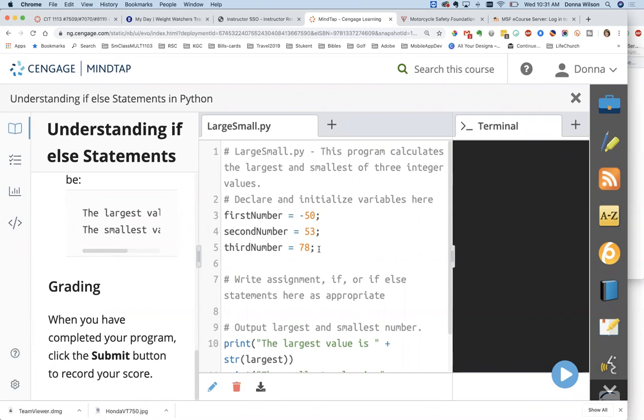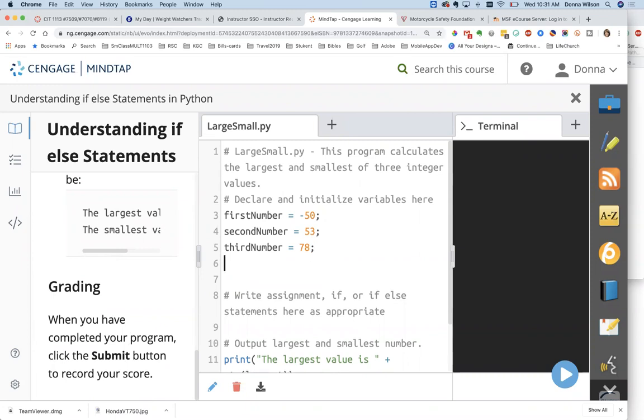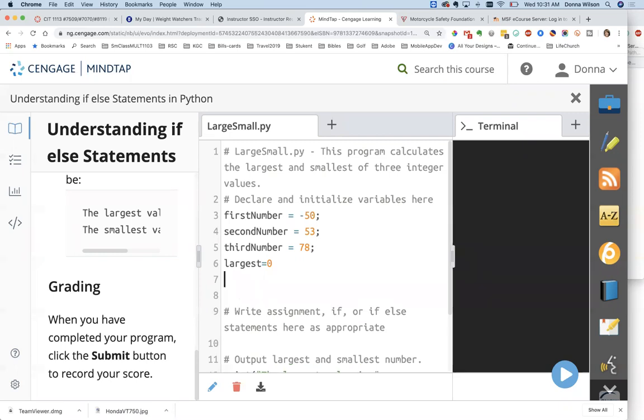So it tells us that we need to assign a variable smallest and largest. So we can do largest, and we'd want to start it out with 0 in it, and the same with smallest, because those are, oh, and they have to have